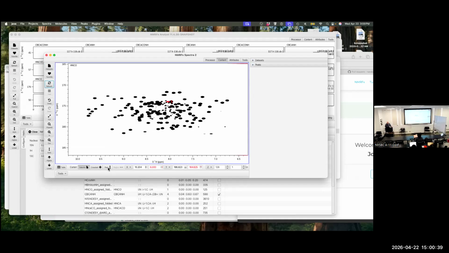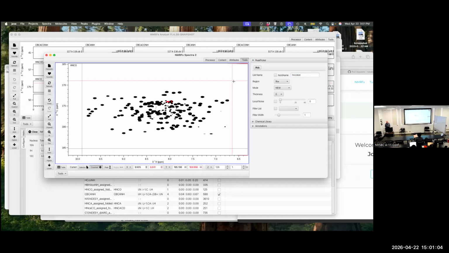There's a bunch of different ways to peak pick. I can put the cursor in the peak pick mode and then just click on peaks and it'll pick them. I can come over here to tools and choose the peak picker. I'm going to turn off auto name because I want to give this a name that doesn't conflict with what I'm already using. I'll call it HNCO test. Region, I want to pick a box, which would be the region fixed in the crosshairs. If I said window, it would fix everything in the window. Mode new, that peak list doesn't exist. I click pick and